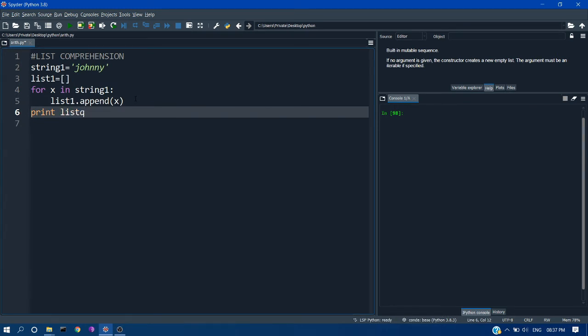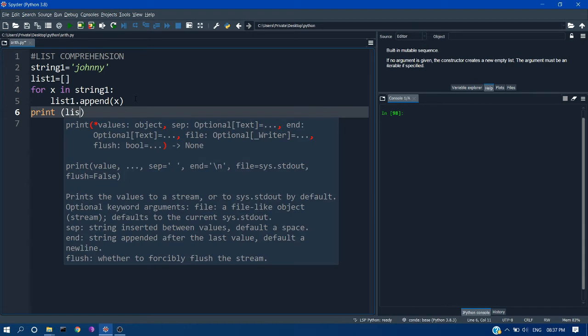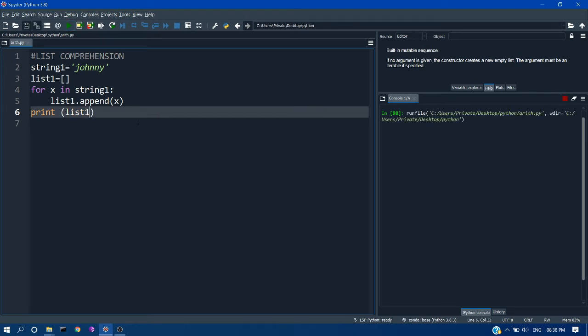We can see what is present in list1 after our for loop by printing list1. Now if I run this, you can see each character of our string is added as an element of our list. The method we have seen now is very simple. We are just creating our empty list and then using the for loop to append every element of the string, or whatever value we have, to our list.